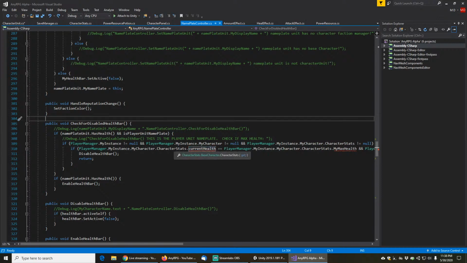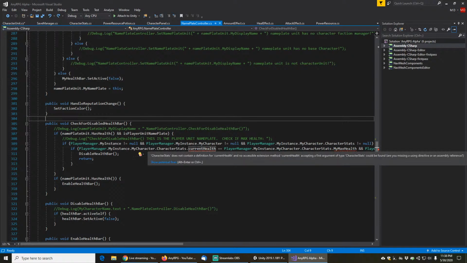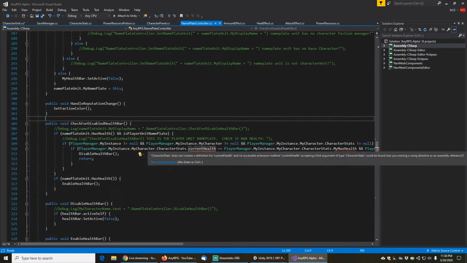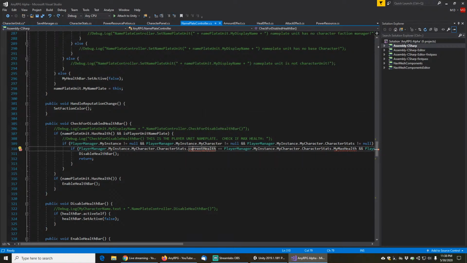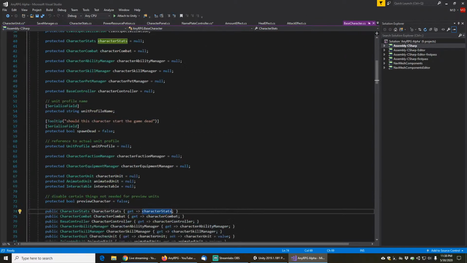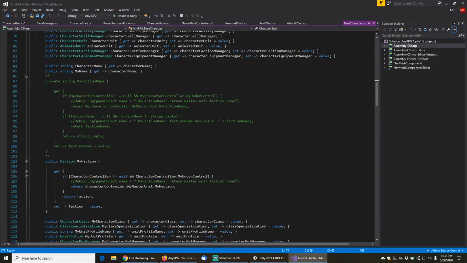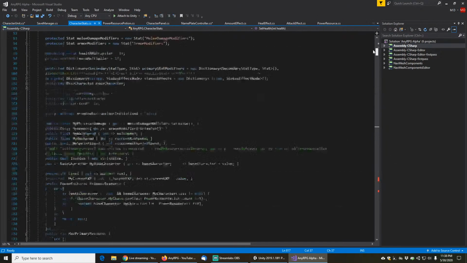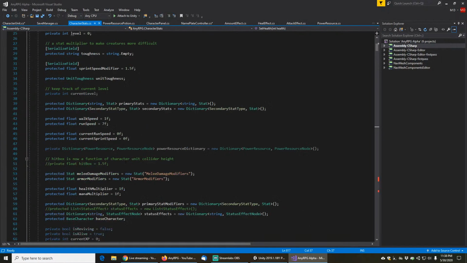So you know what we're going to do actually? We'll go into character stats and we'll have current health and max health defined for backwards compatibility as the amount of your primary resource. I actually kind of like that. So current health, max health, go into character stats, go to the definition, we'll make those into properties. No, we want to go into character stats. Where is that? Here. So just for backwards compatibility,